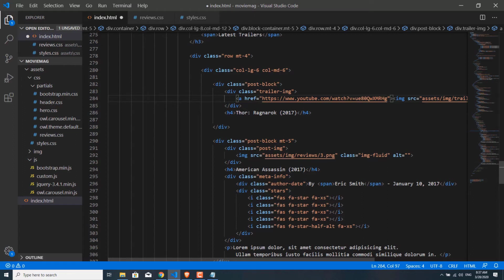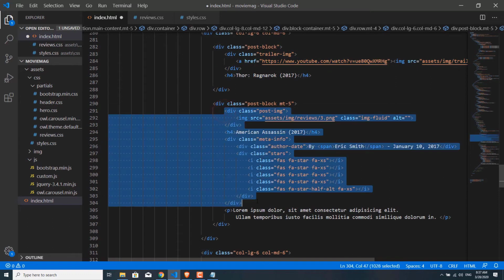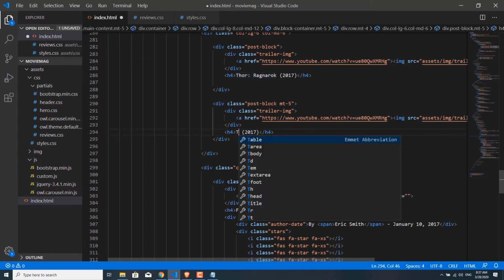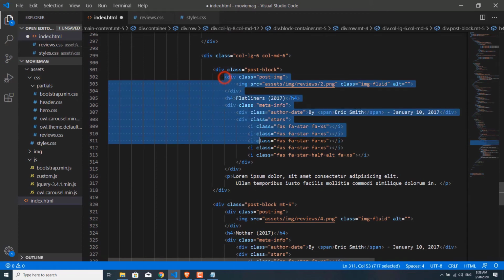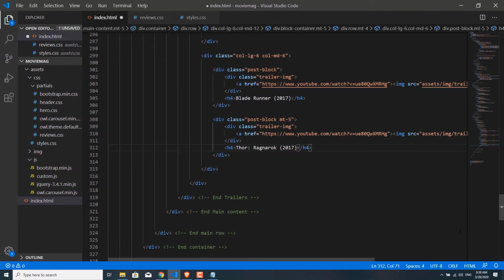And basically that's it. So we just need to copy the content from the post block div and just paste it here. Let's change the title and do the same for the other column. I believe that was Blade Runner. And this one too. Okay, let's change the